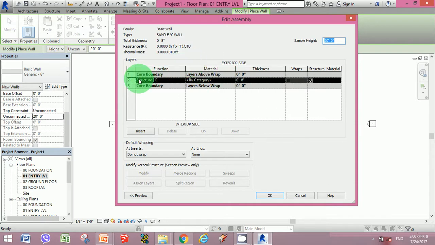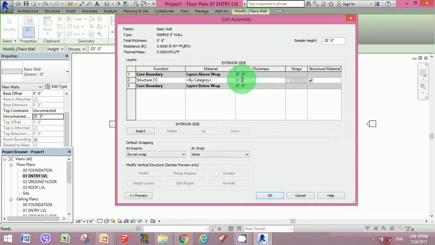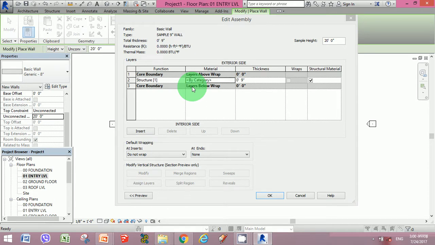Once clicked, you find that this wall has 3 different types of properties, but this is the basic. Number 2, structure 1 is the basic property that we are going to change. Now here, let's make this wall a 9-inch thickness wall with, let's say, a material. If you want a different type of material, you could easily use the type of material you want to showcase. Here you could select the type of materials that you want to display.